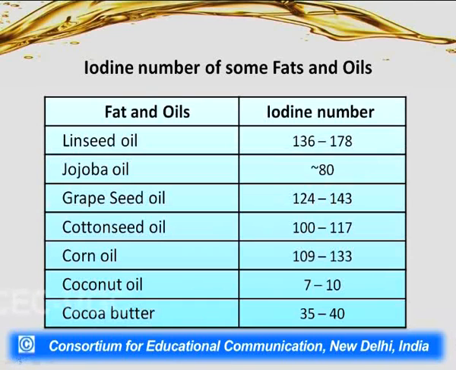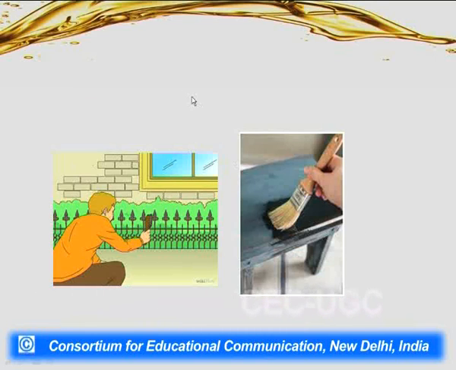This gives a list of some oils and their iodine numbers. Linseed oil has the highest value, 136 to 178, and I discussed before that linseed oil is generally not used for cooking. And coconut oil has a very low iodine number, which means it contains mostly saturated fats. This linseed oil contains more double bonds, and when it is kept open, these double bonds get easily oxidized. So, for cooking, it would become rancid very easily, but it has been put to some other use.